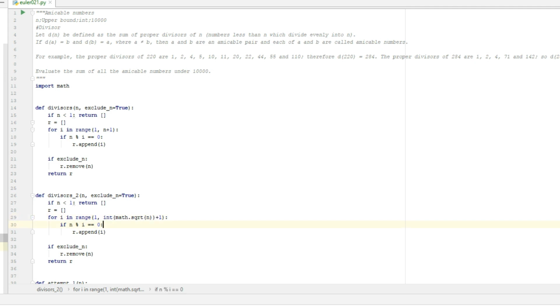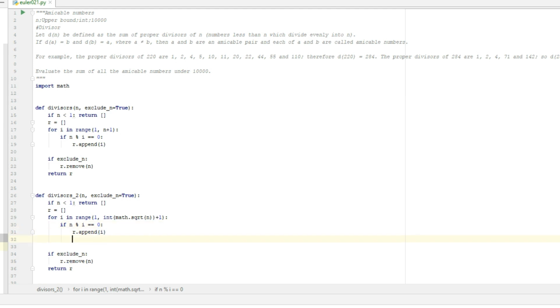And because we stop looking at numbers bigger than the square root of n, we are not going to find, if we, for example, take 16 as an example, we previously saw the list of divisors of 16 that included 8. But we also know that the square root of 16 is 4, so in this case we wouldn't find 8 because we've quit early. But we can do something about it, because 16 is 8 times 2, and we've already got the 2. So when we find 2,